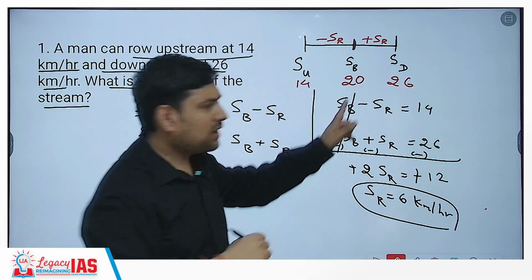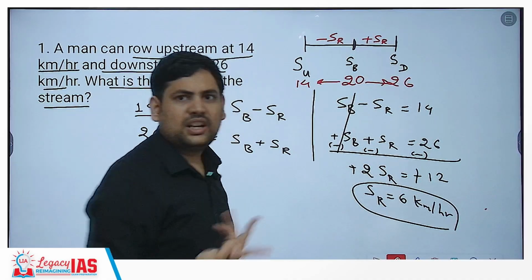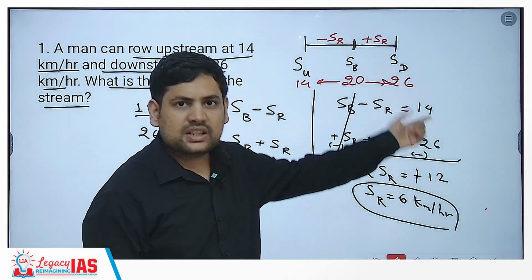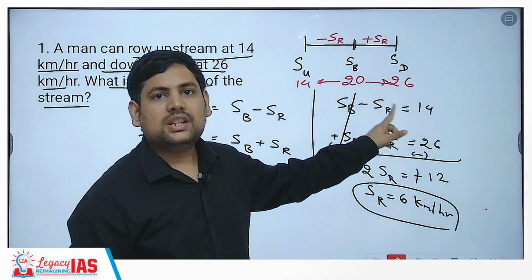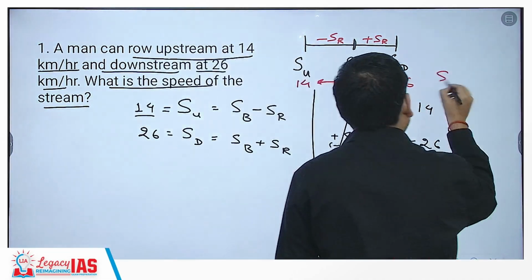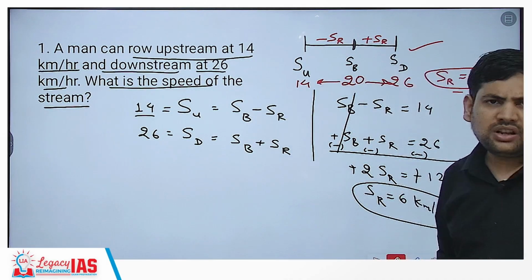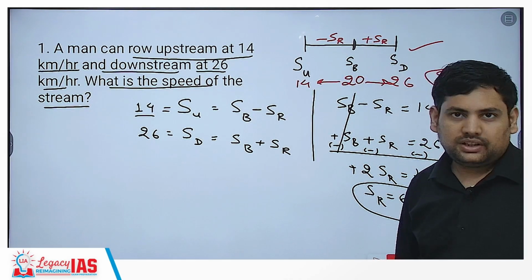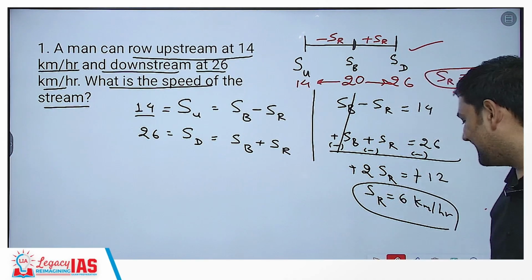Now you look in any direction, whatever is the difference is actually the speed of river. So 20 to 26, what is the difference, 6. 14 to 20, what is the difference, 6. In both cases you are getting 6, which is the speed of river. So using this diagram you can do it much faster and much more intuitively. Understood? Okay, then next,